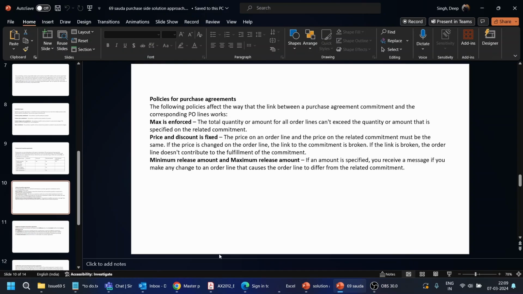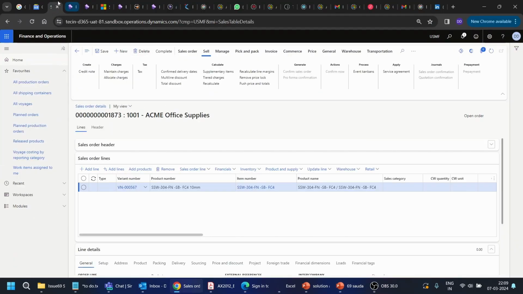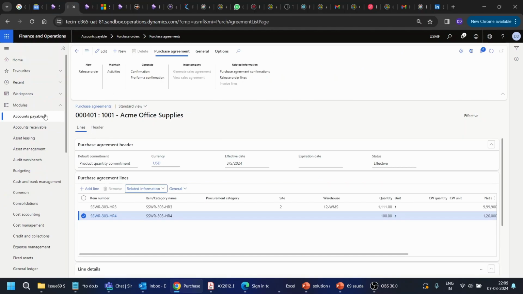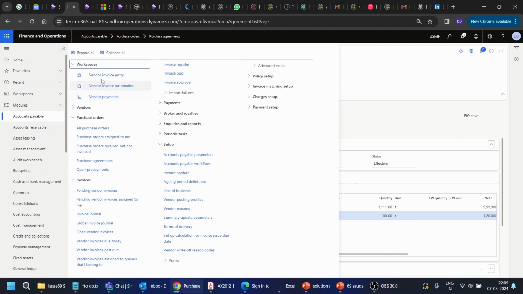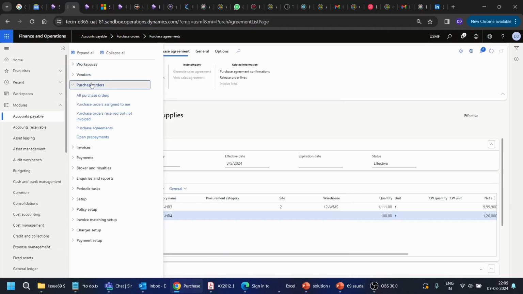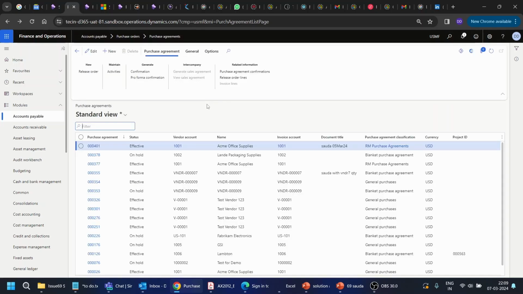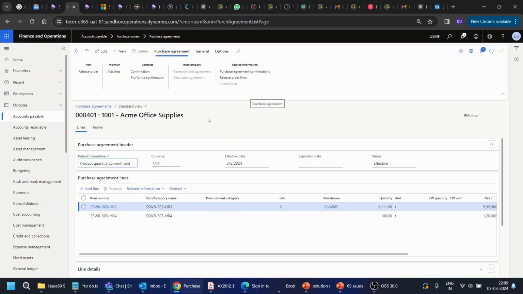I'll just give you a look at how the agreement looks. If I go to accounts payable, and quickly collapse, and then go to purchase orders, here you will find the purchase agreements. You will also find it in procurement and sourcing. If I click on the purchase agreement, this is one which I have created, and it has two lines. If I go to the header,